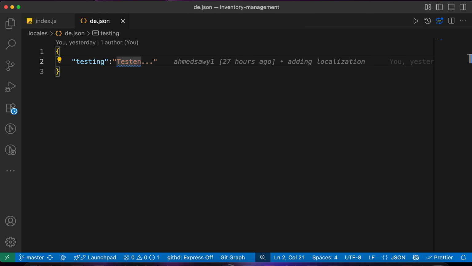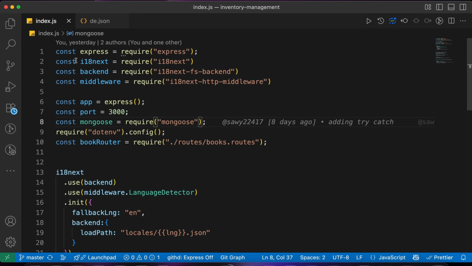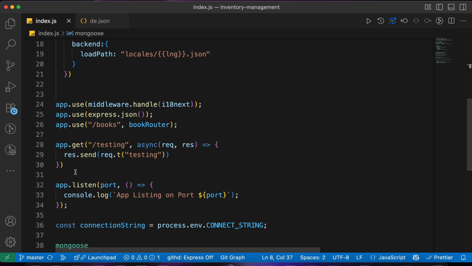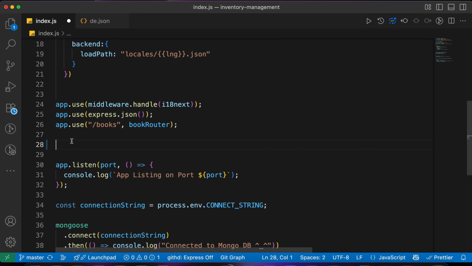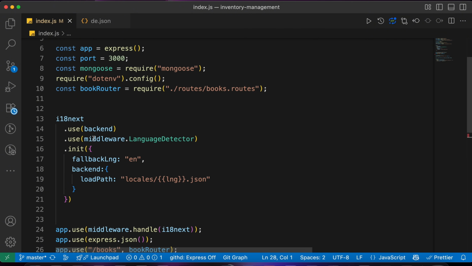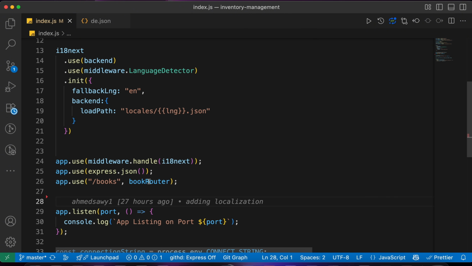In the previous lesson, we set up the localization. In this lesson, we're going to add the translations. So let's go to our index.js and first get rid of this testing route. It was just for testing, so let's remove it. And now let's go to our book router